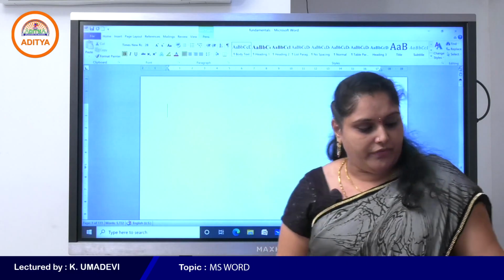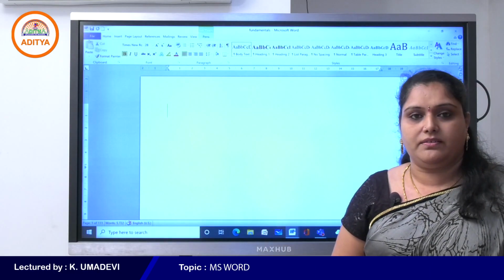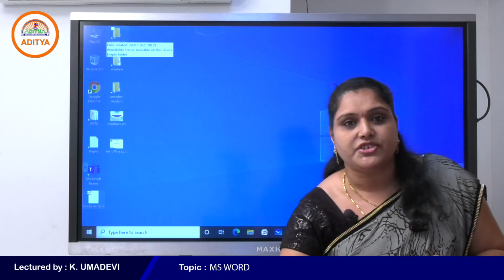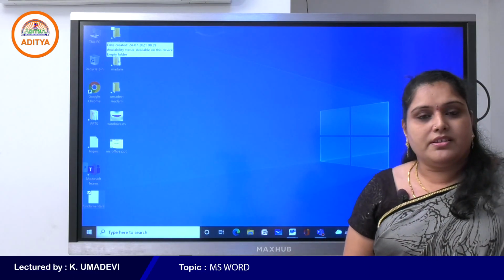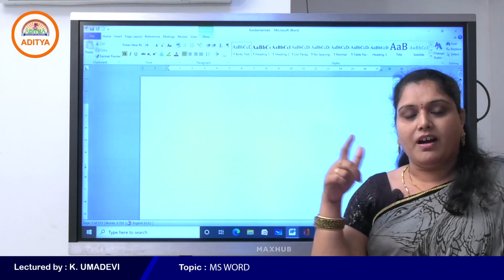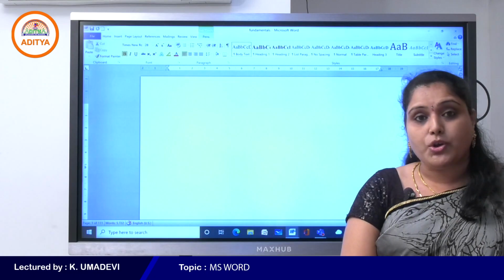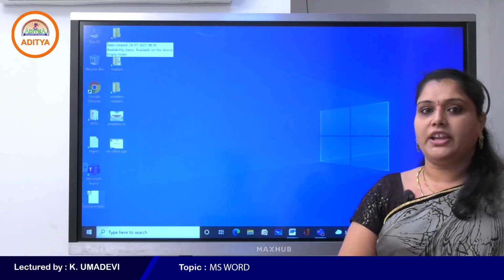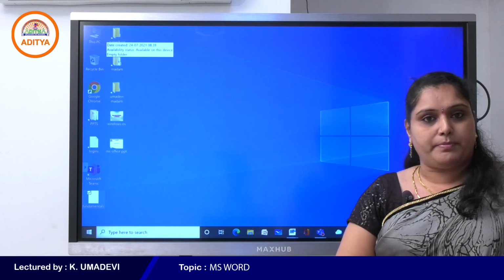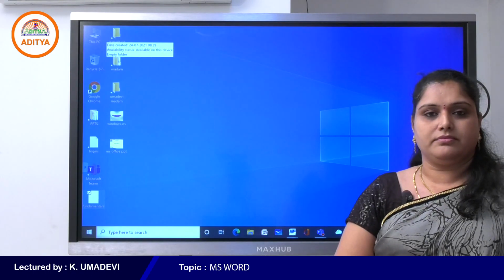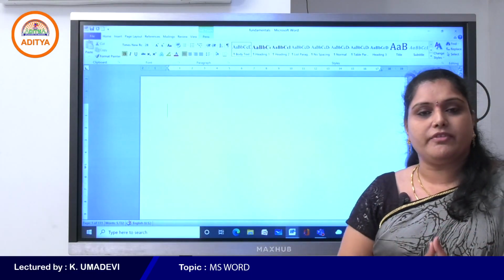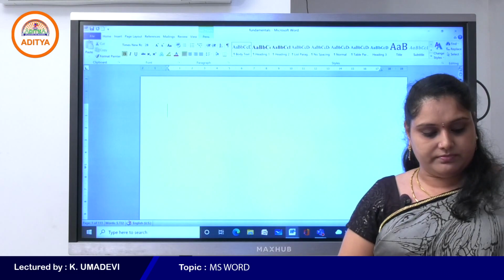So Windows key plus D minimizes the window. Did you observe the changes, students? Use the same key, Windows plus D, again to maximize the window, or else use Windows plus M again to minimize the window, and use Windows plus Shift and then press M to maximize the window. Alt F4.